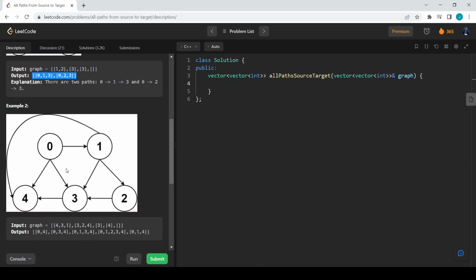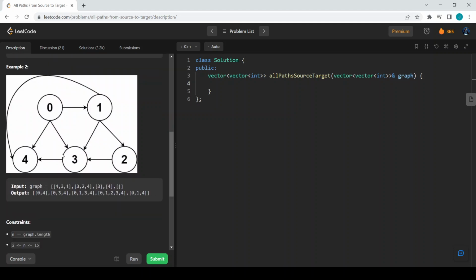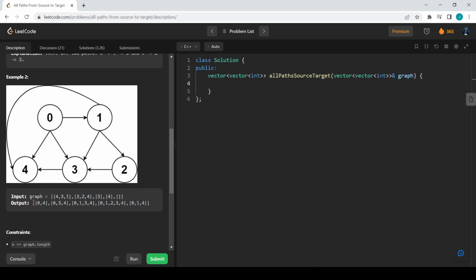In example 2, there are 5 nodes, so n minus 1 will be 4. We want to find all possible paths from node 0 to node 4. For this, the output is 0 4, which is one path, 0 3 4, another path, 0 1 3 4, another path, 0 1 4, another path, and the other path is 0 1 2 3 4. So there are 5 paths existing in this particular graph from node 0 to node n minus 1,